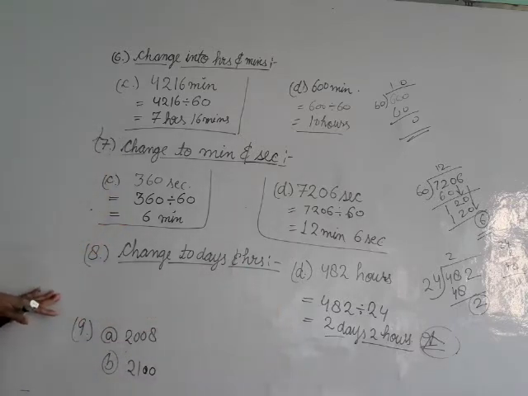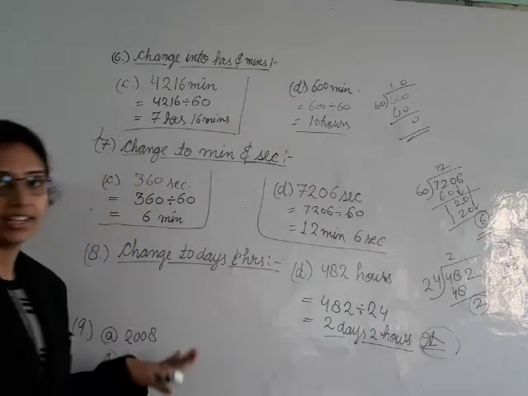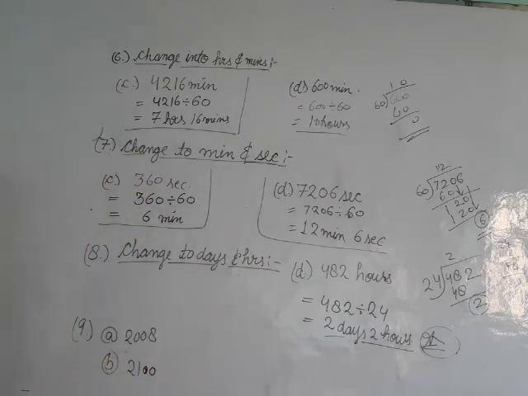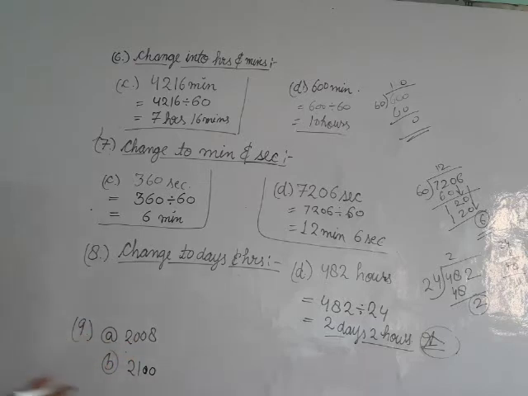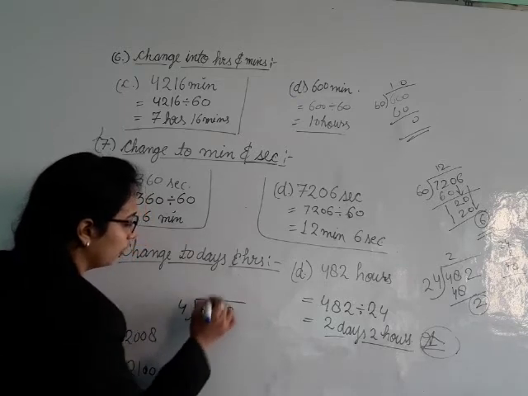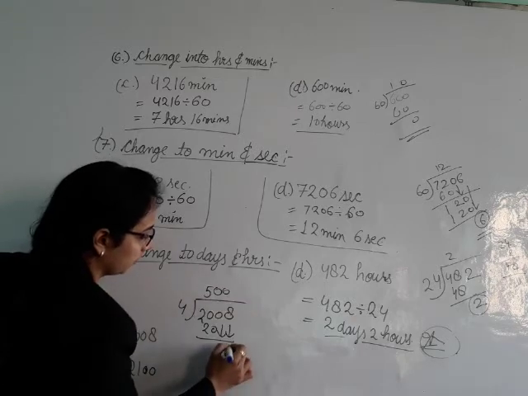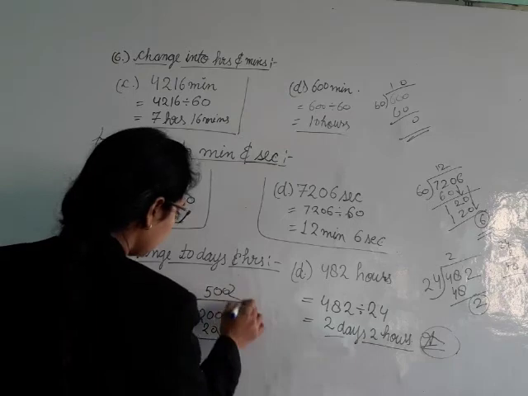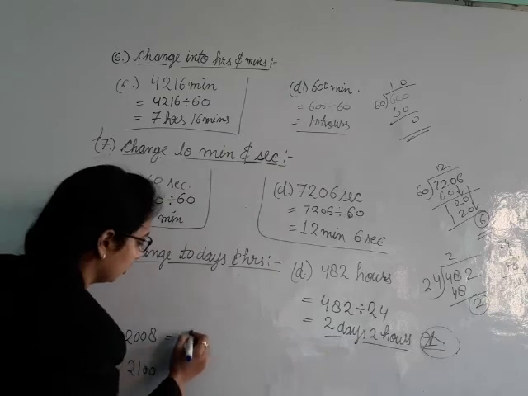But for all other years, if the year is divisible by 4 only, then it is a leap year. For example, you will understand better here, 2008. If we divide 2008 by 4, no remainder will be there. How? See, 2008 divided by 4: 4 5s are 20, moving here 0, then 8, and 2s are 8. So no remainder is there, so it is a leap year.